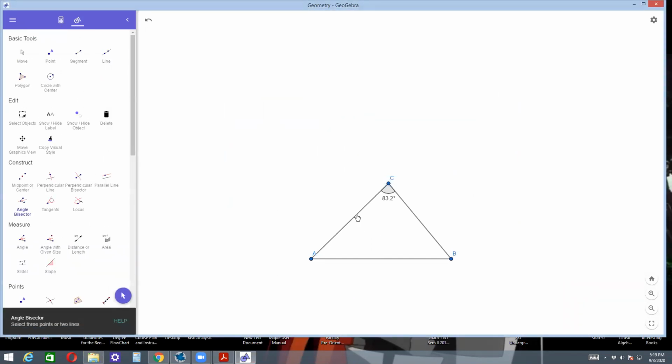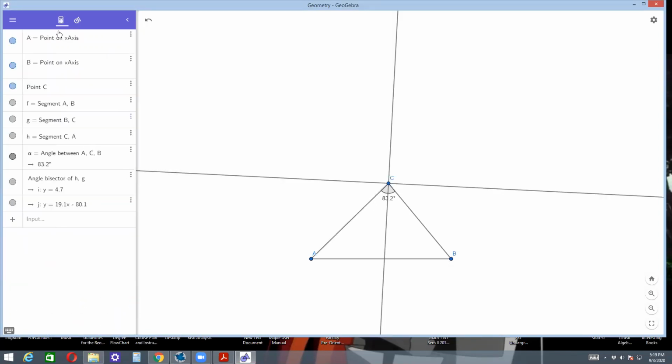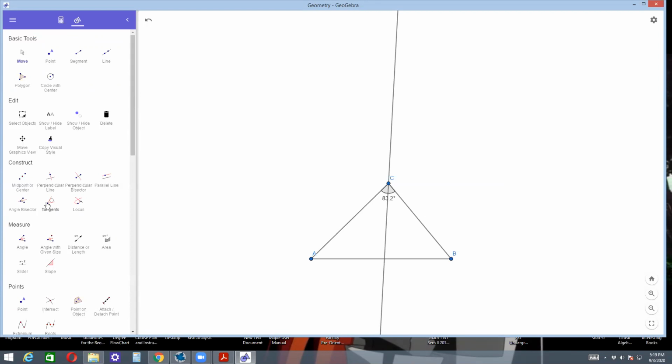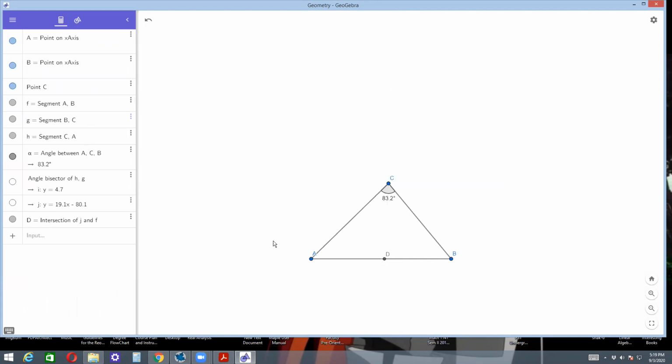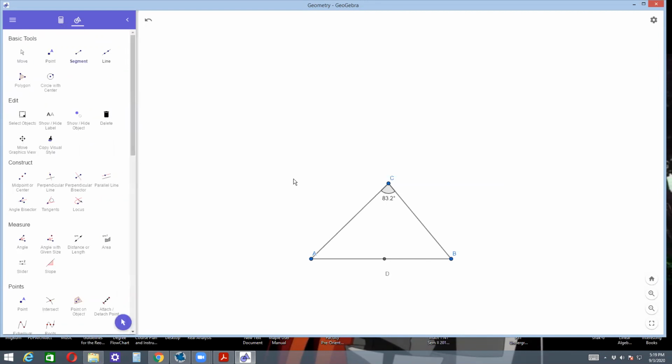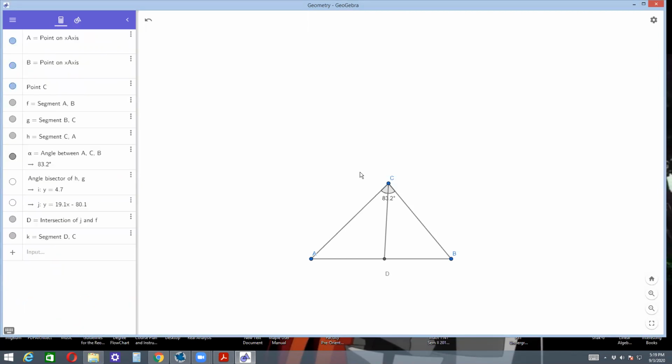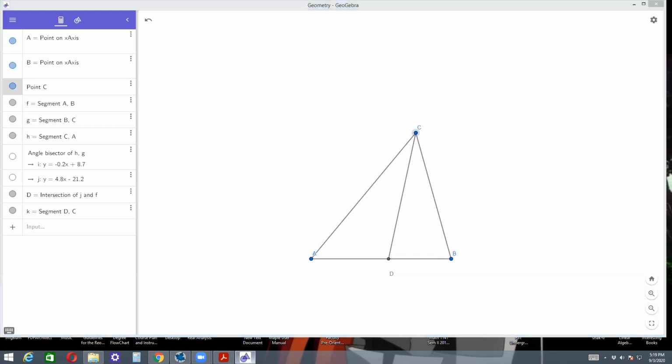Now, for me, it's easy using a software. For you all, it's not necessarily going to be easy. All right, I'm going to intersect it. All right, so that's point D. I no longer need that line. And actually, I really don't care about what this angle is, so let me delete this. All right, so angle